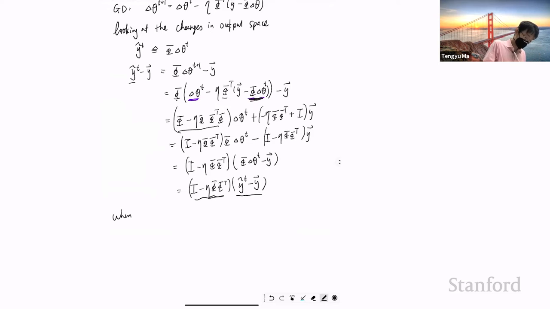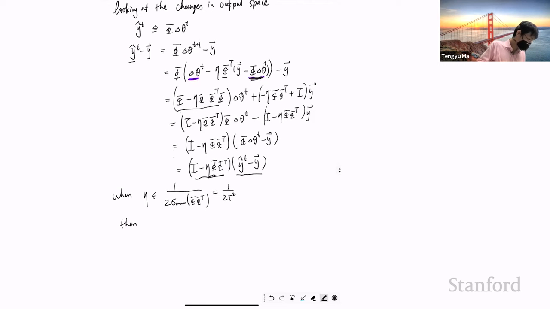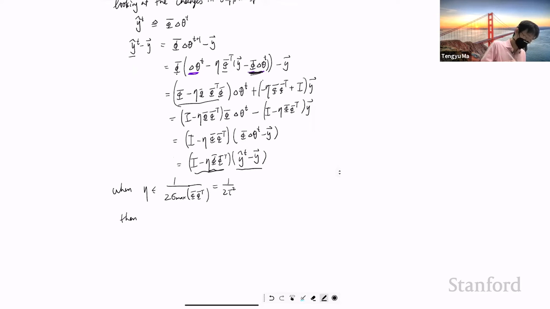So when eta is less than, say, 2 over sigma max of phi transpose phi, and let's define this quantity, let's call it tau square, then you can show that I minus eta phi transpose phi has operator norm less than 1